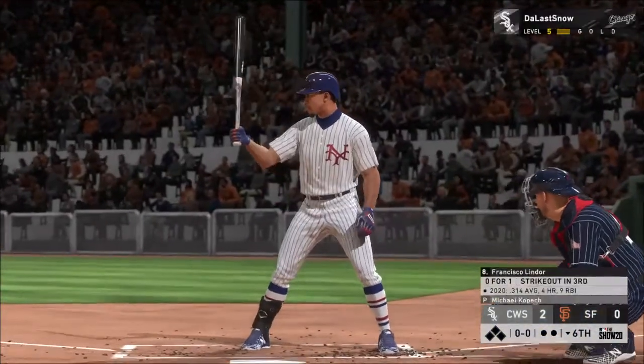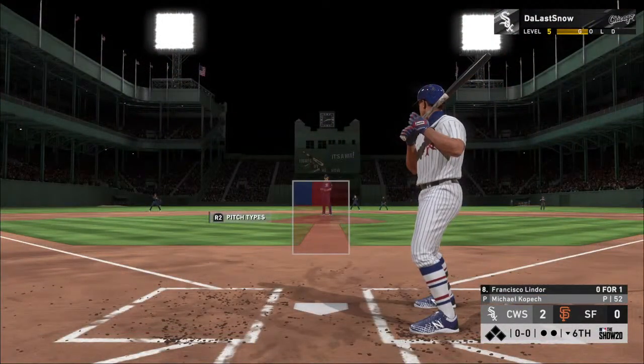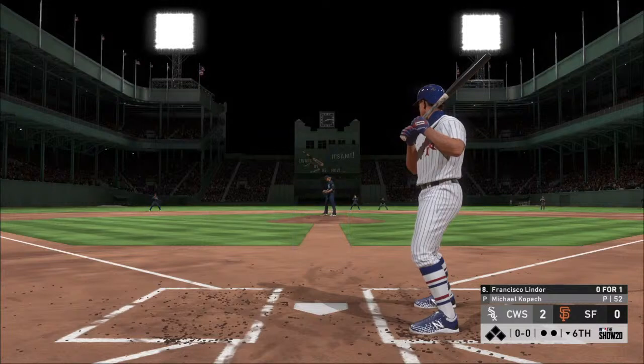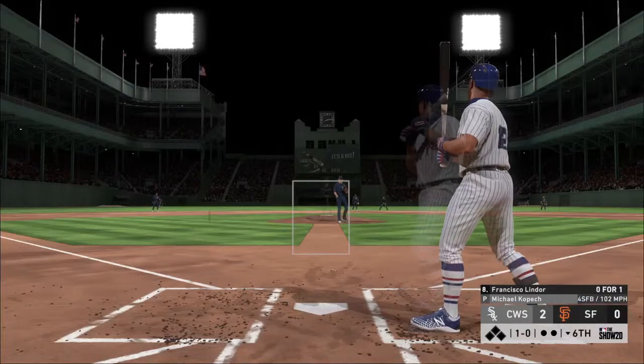Bottom of the 6th inning now. That'll bring up the switch hitting shortstop and perennial MVP candidate Francisco Lindor. Here's the pitch. There's a fastball well off the plate for